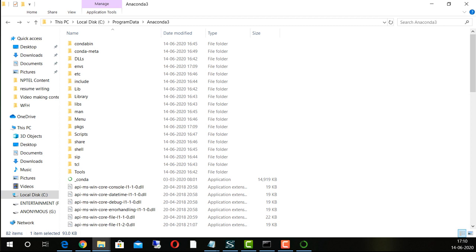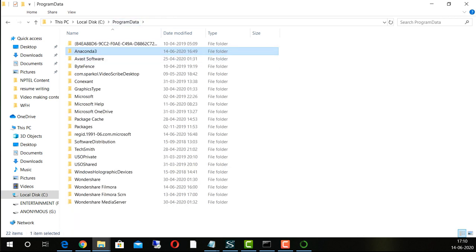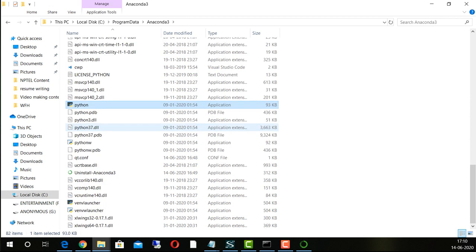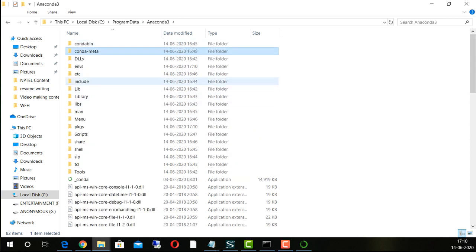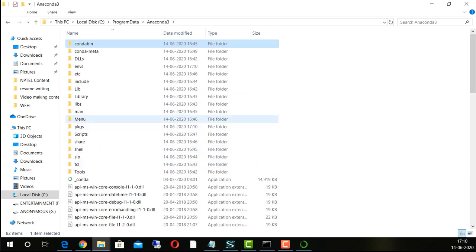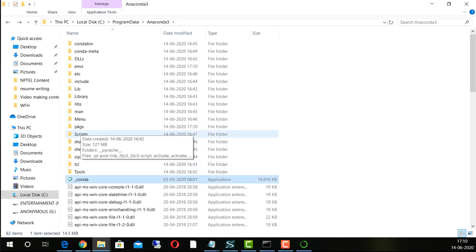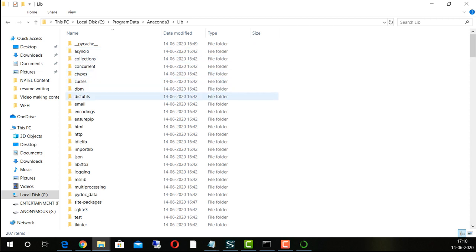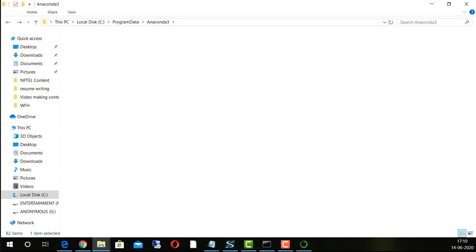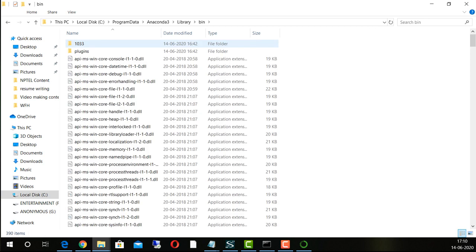You'll have multiple services installed along with Anaconda. Here my Anaconda was installed. If I search for Python, I can see Python is there, Conda is there. It will be somewhere here, or in Scripts. Here you can see Conda is there in Scripts. Some other libraries will be in lib, in bin. Here we have some other libraries, and in the libraries we have some more libraries. I'm not covering the structure here, but we are getting all these libraries, and if you want your system to detect this, you need to add that in environment variables.